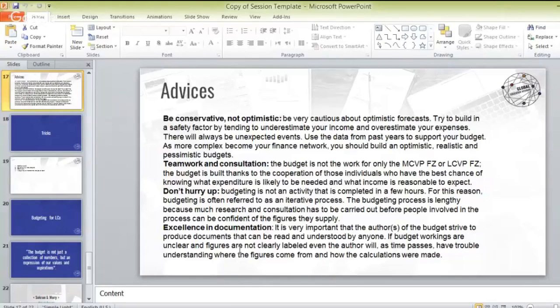The third point is don't hurry up, because this is a budget for the whole term. This is your plan for a whole term. So take your time, budget in the right way, collect all the inputs and the data that you need. Don't rush into it. Okay. The last point, which is